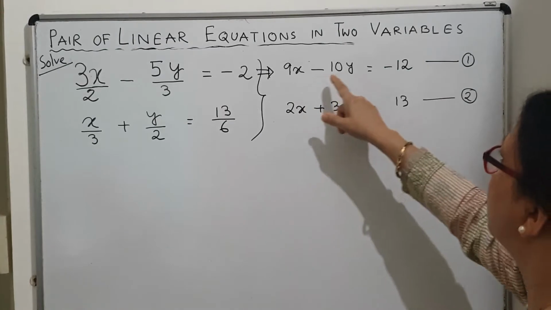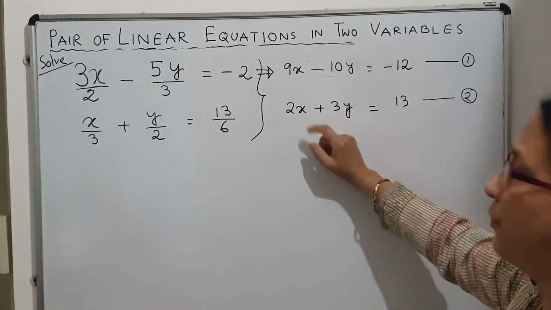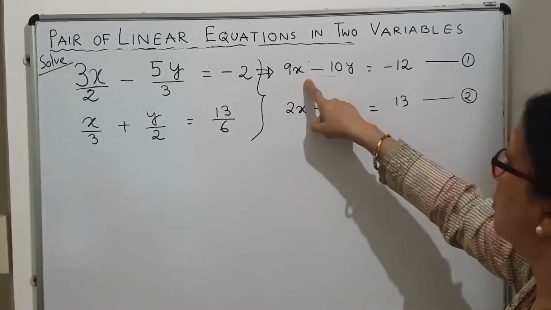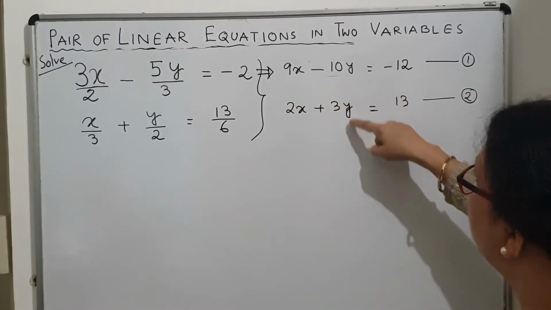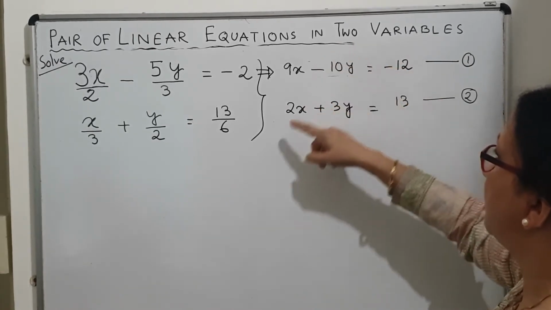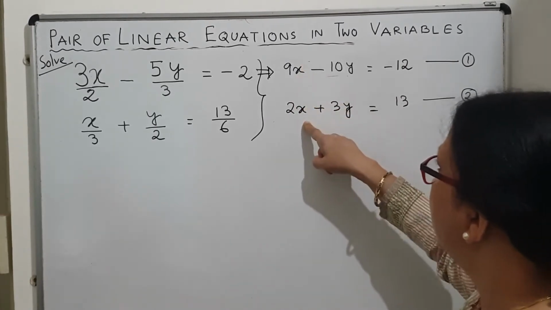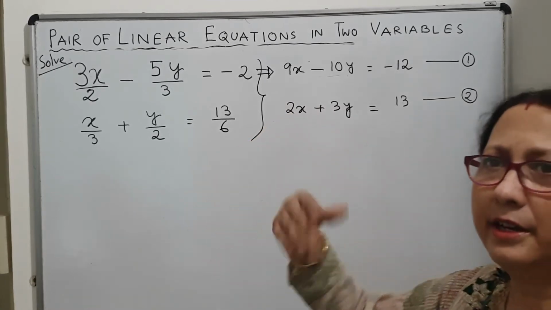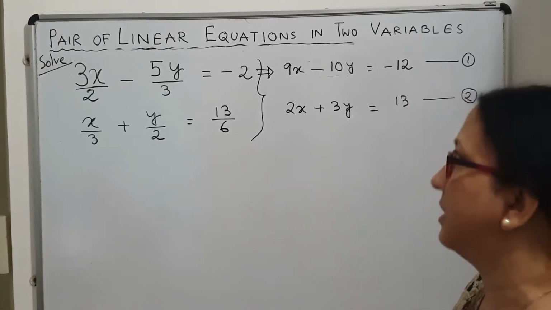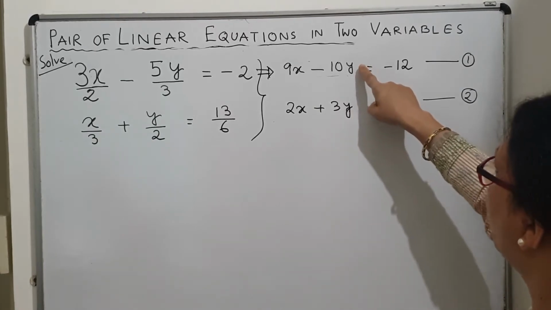Now in the method of elimination, we equate the coefficient of any one of the variables. So which one should I take, x or y? The y coefficients are of opposite sign, so for eliminating this variable, I have to simply add. And if I equate the coefficient of x, then they are the same sign, so I have to subtract. Addition is always better than subtraction because there is no chance of making any sign mistake. So we'll go for equating the coefficient of the y variable.